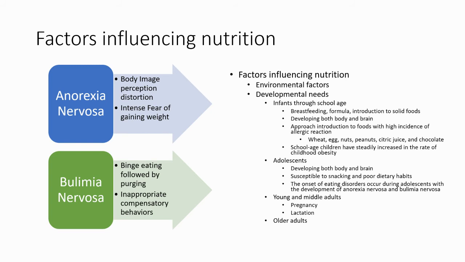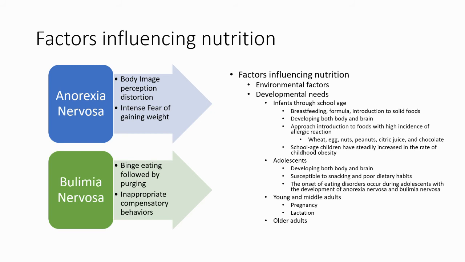Very much the brain is developing probably at the most rapid rate between infancy and being 5 years old. So we have to approach nutrition very carefully with this. So encouraging breastfeeding, and if you can't breastfeed, getting a high quality formula, and being cautious when you're introducing solid